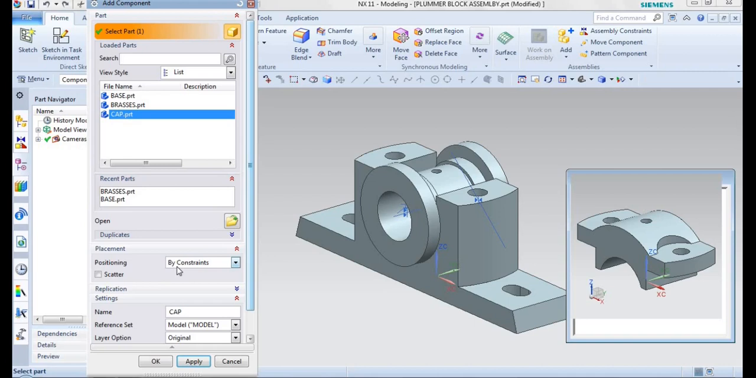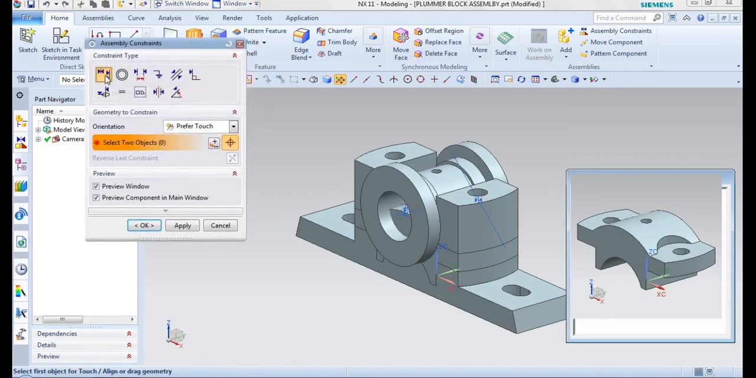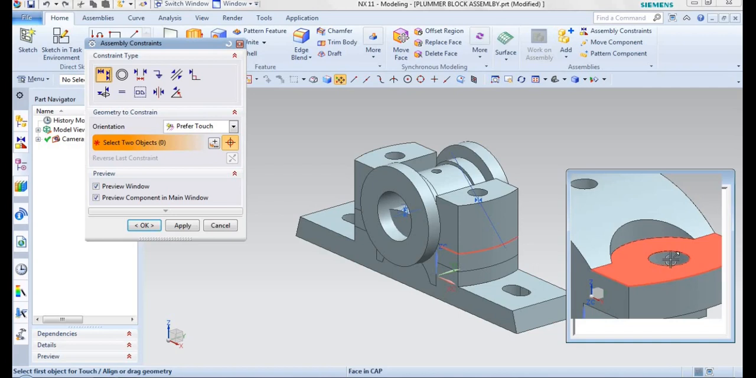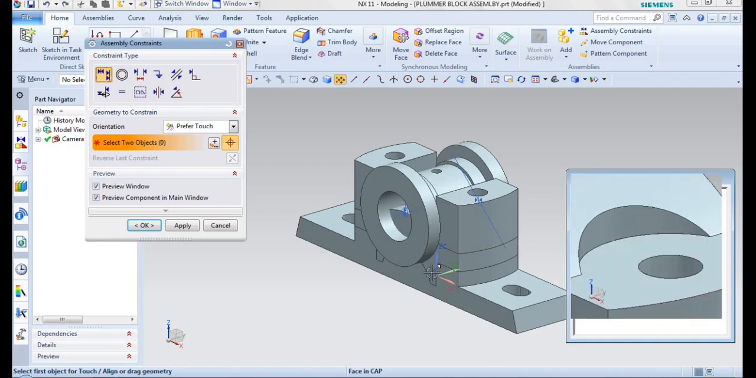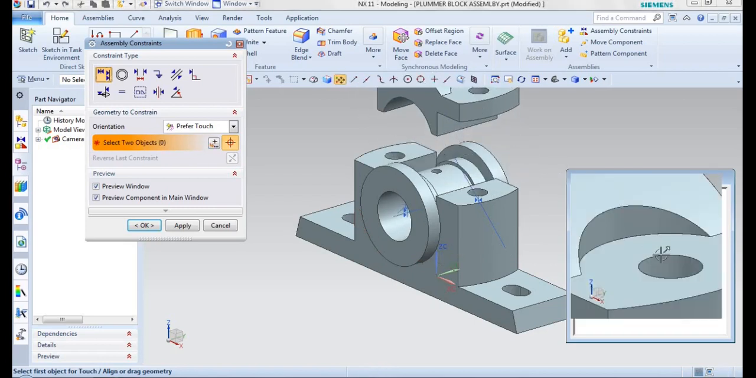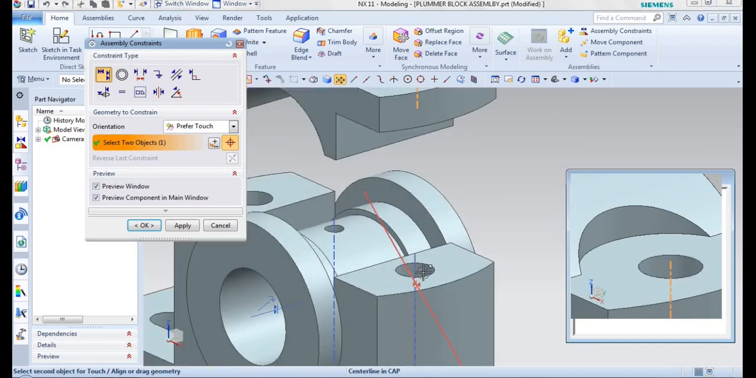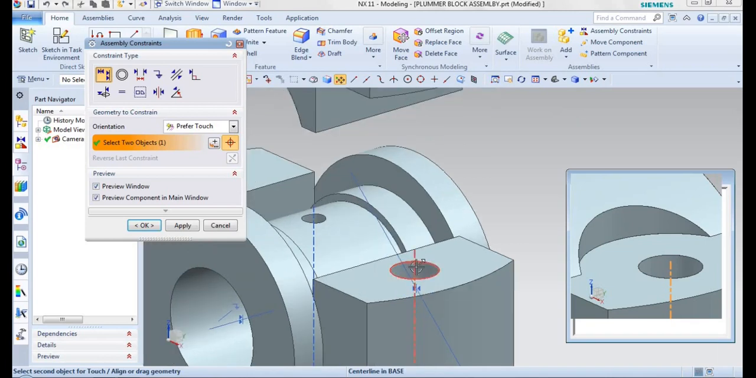Here again the position will be set by constraints itself. Give it as OK. In the assembly constraints, again I'll be going for touch or align option, and here I'll be selecting my center line. Before that, I'll be moving my component upwards like this. I'll be placing it. Now I'll be selecting the center line. I'll zoom over my component and you can see the center line over here. This center line should align to a hole in the base feature, that is this center line,